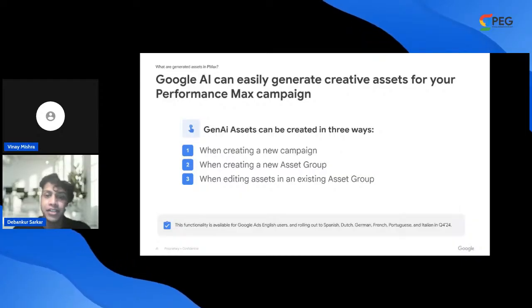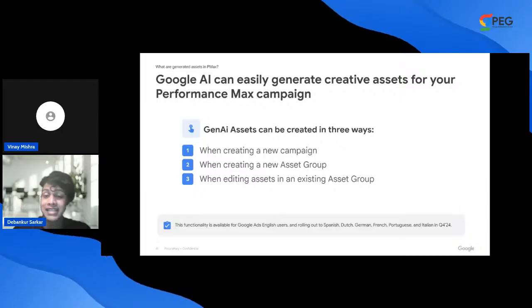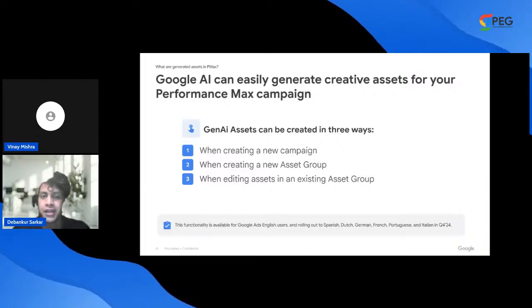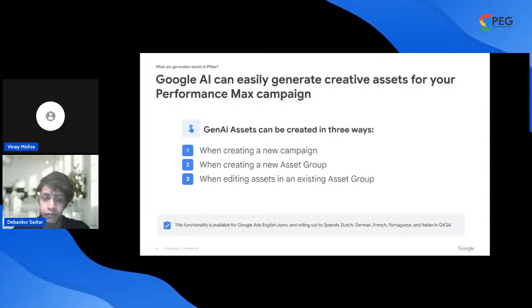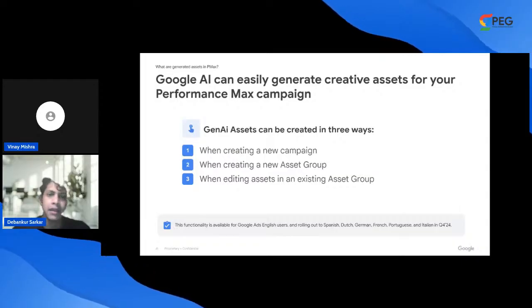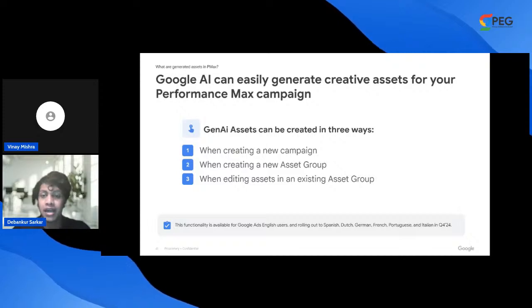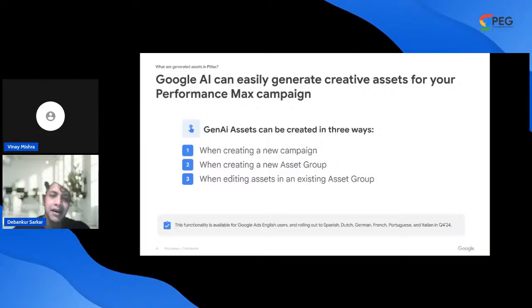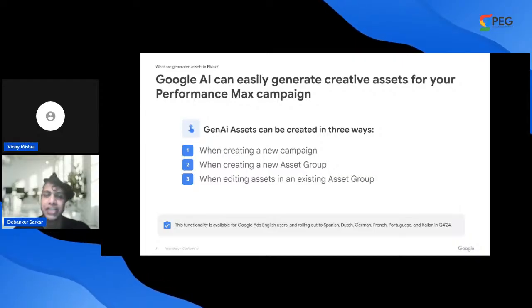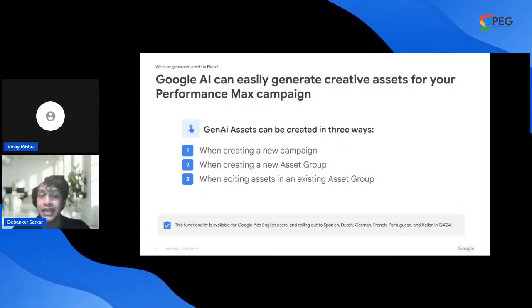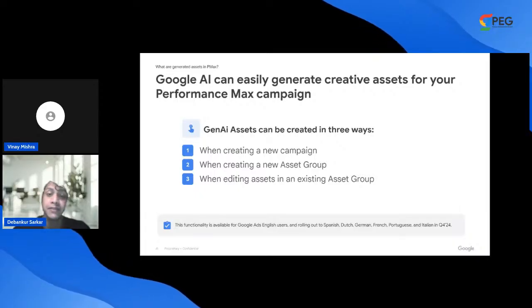So this feature is currently available for Google Ads English users, but we do have plans to also expand it to Spanish, Dutch, German very soon there. If you have to take an example, imagine you are running a Performance Max campaign for a new product launch, right? So instead of spending hours creating multiple ad images, you can simply use AI to generate a variety of high quality options, and this can actually help you test different creatives and identify the most effective ones for your